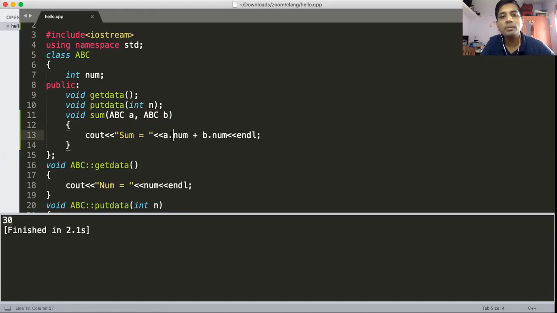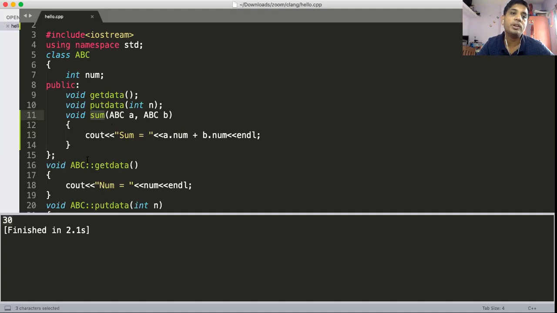Though num is a private member, you can still access that num by using the object name. Normally a private member is not accessible by using the object. So how is it possible here? It is possible only because sum is not a non-member function of class ABC.